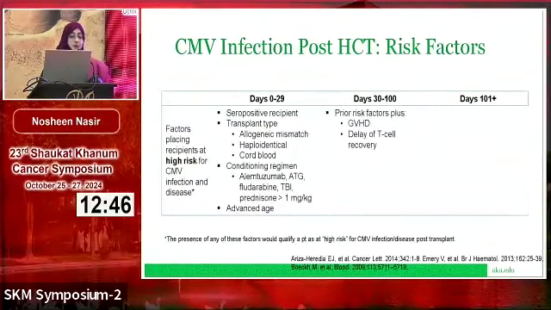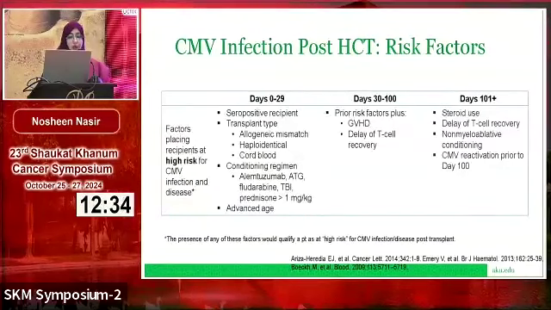Then, in addition to these prior risk factors, between days 30 and 100 is the time when we start to see GVHD. And in patients in whom there is a delay of T cell recovery, these are the patients who are at highest risk for CMV infection. And in patients post 100 days of transplant, excessive steroid use, delay of T cell recovery, non-myeloablative conditioning, and CMV reactivation prior to day 100 is associated with increased risk. So presence of any of these factors would place the patient at a higher risk for CMV infection and disease